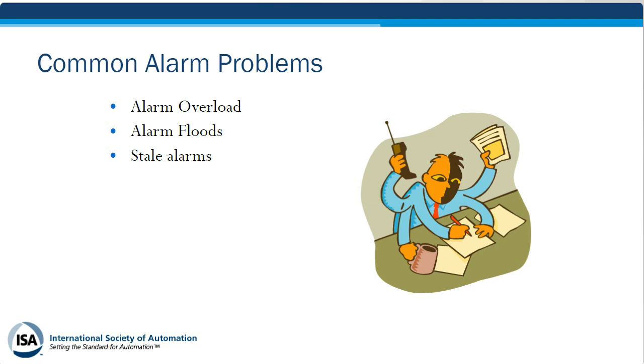Nuisance alarm: you might have an alarm that's vacillating around the set point, so it's going on and off and on and off. That would be considered a nuisance alarm. Alarms without a response, you'll often see that. Alarms where the response is the operator pushing the acknowledge button. That's not an alarm, right? When we look at the definition of alarm, you'll see what I mean. Alarms with the wrong priority,